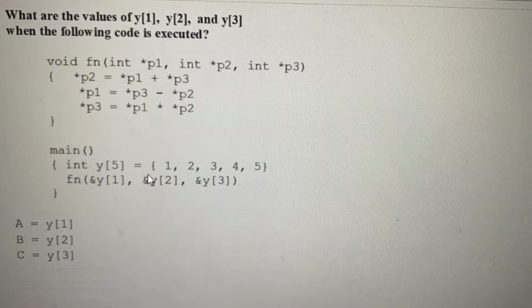Then when we call the function, the value stored in p1 is 1, for p2 it's 2, and for p3 it's 3. We calculate using 1, 2, 3 in these three lines, and then we print it. So the output is 1, 4, 4.